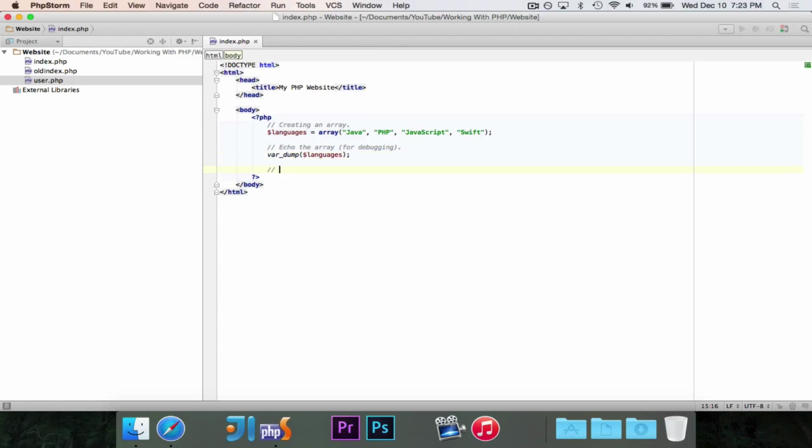Let's see. The next thing that we want to do is talk about custom indices, or custom indexes. Now, in a lot of languages like Java, you can't define custom indexes. You have your number indexes, 0, 1, 2, 3, 4, 5. But in PHP, you can actually define the keys. They're called keys, or the index names. So basically, if you've used a map before in other languages, or a dictionary, that's basically the same thing. Instead of having a separate map or dictionary type in PHP, it instead uses the array, and you can have